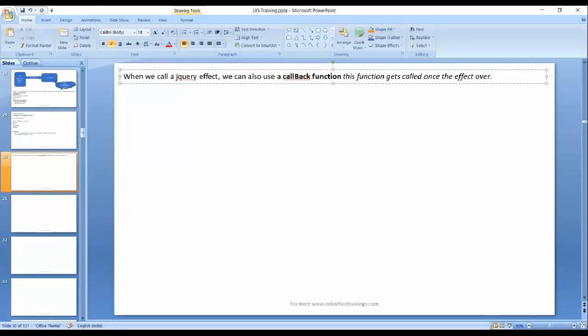You don't have to wait because JavaScript is asynchronous, non-blocking IO. It doesn't wait for the function to complete. It continues, right? That's why we will use a callback function. Suppose you want to do something after a jQuery function is complete. Let's say fade out. Example, once the fade out effect is complete,